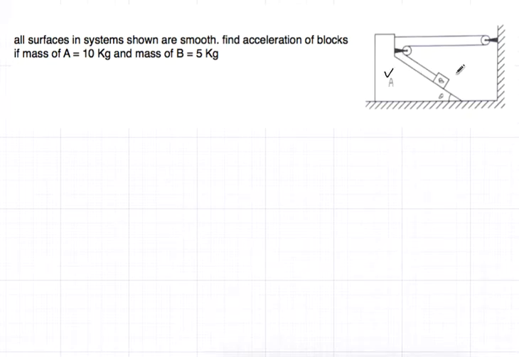So basically what we are going to do, we'll decide the system. There are two systems obviously, one is A and the other is B. A is of 10 kg and B is of 5 kg. Now obviously B will move in this direction because it will always go down, and subsequently if B is going in this direction, A will go in this direction. Now look at this body. This body is 10 kg.